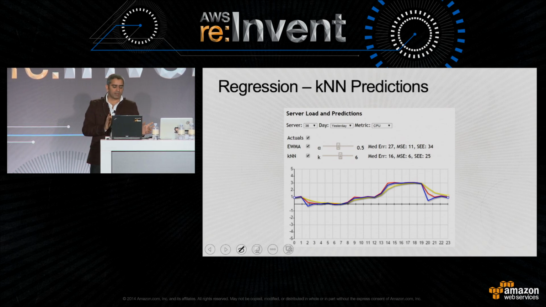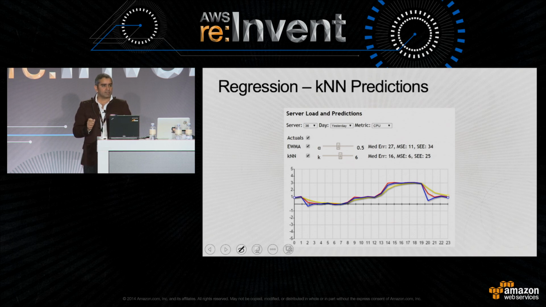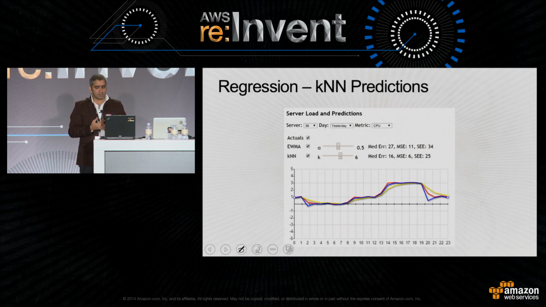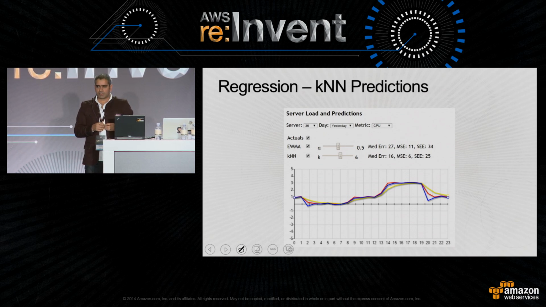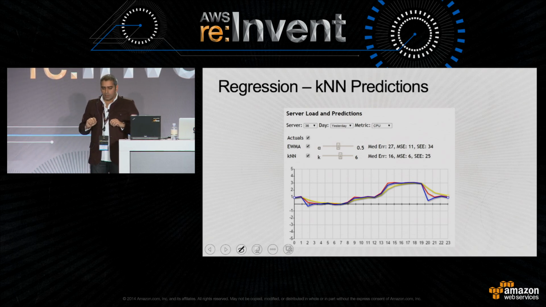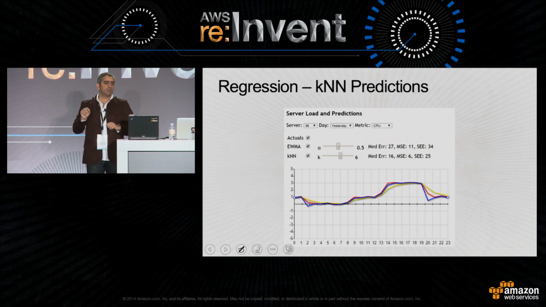Let's go back to the point when I mentioned that to test the algorithm's performance, you have to use testing mechanisms like mean squared error or the standard error of estimation, which tells you the variance between one predicted trend and the actual trend. What you do in cross-validation is a very computationally intensive thing to do. You say, I'm going to try out values of k ranging from 1 to 50. I'm going to test all of them and see what my error is, the standard error estimate, or whichever technique you're using. Whichever gives me the lowest error is going to be the right value of k for me.